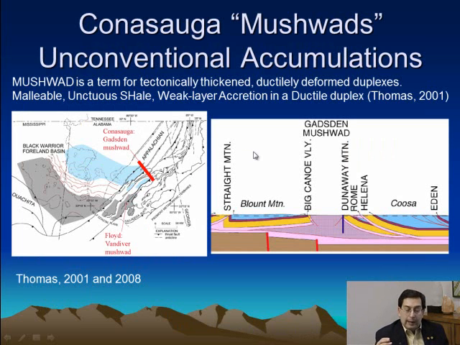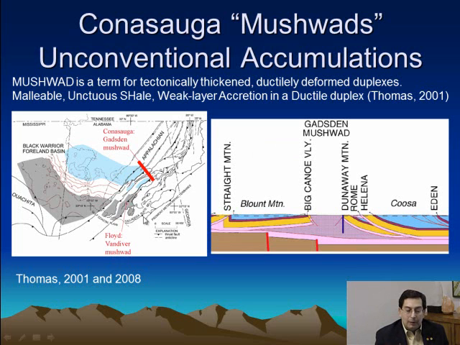And then to go in a really down dip sense, I'd like to share with you what is in effect an unconventional play for the Cambrian Ordovician. It's not in the carbonates, but it's in the Cambrian shales of the Conasauga Shale, which has source potential. And Bill Thomas has written several papers on this.